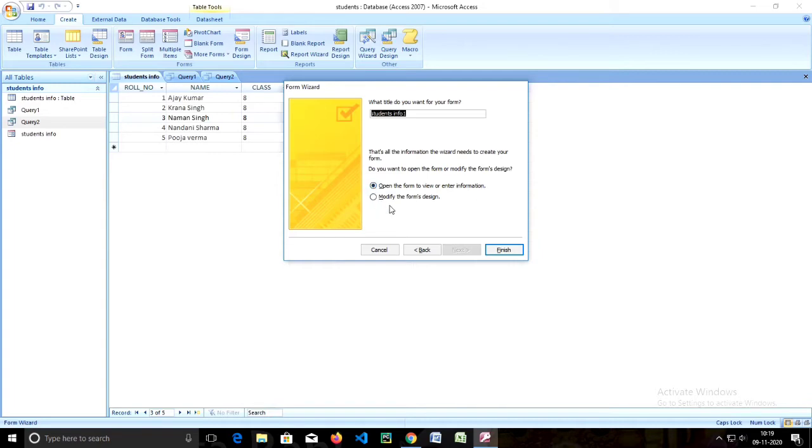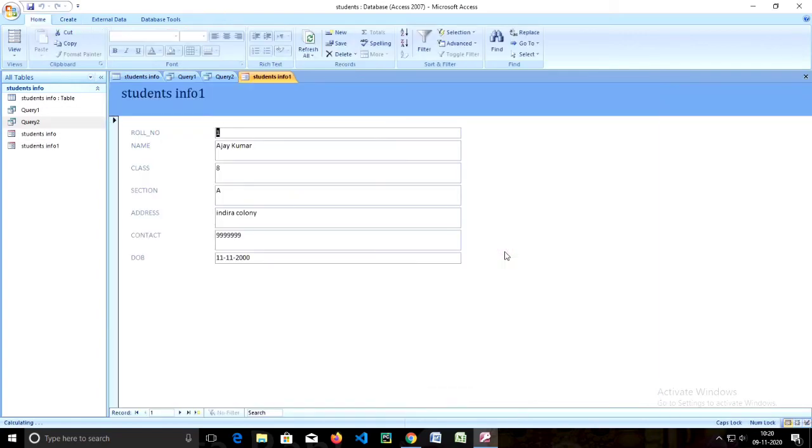If you want to change it, you can click on modify the form design, but we'll go with the default. And the last step, we'll click on the Finish button.